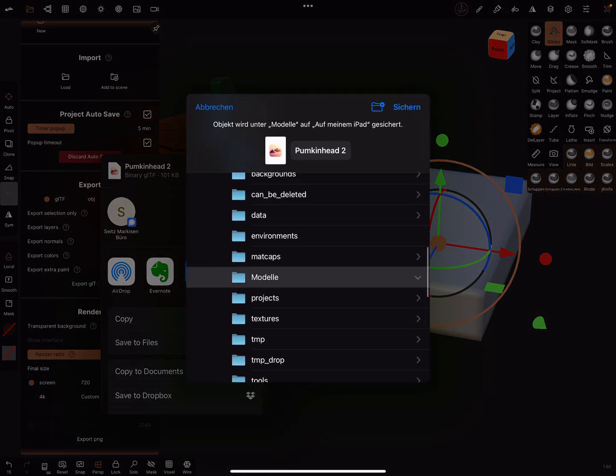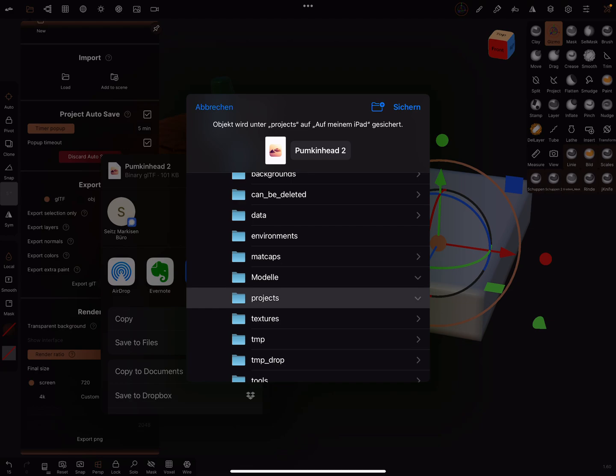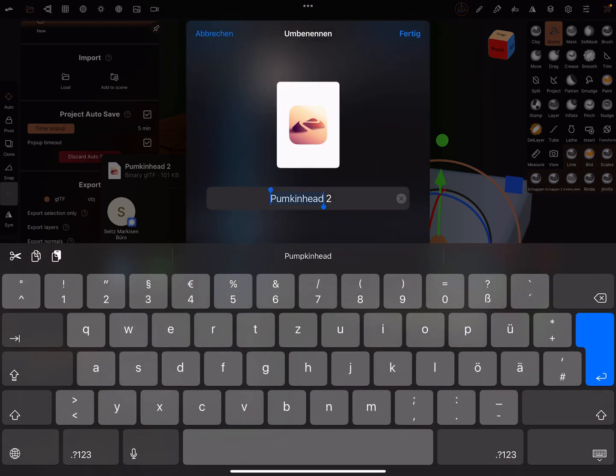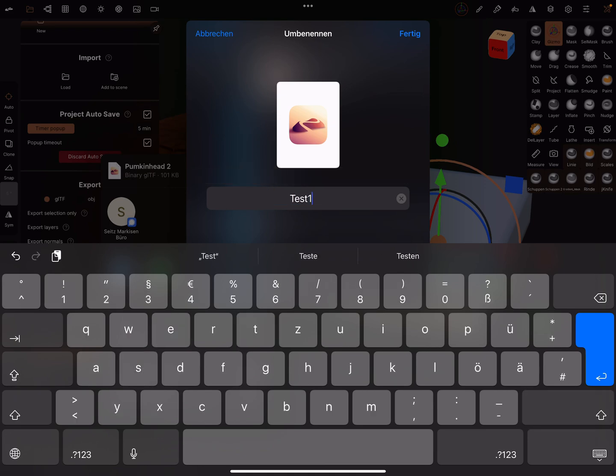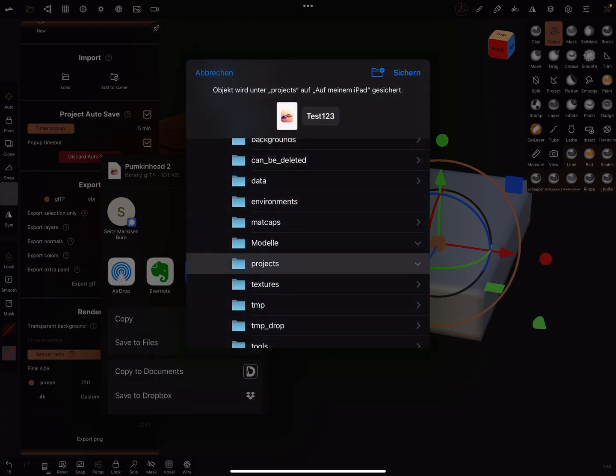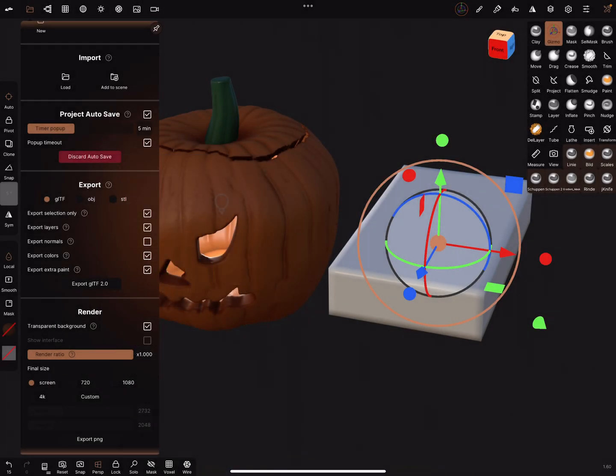and you export it, save to files, projects, and test 1, 2, 3, and I save it.